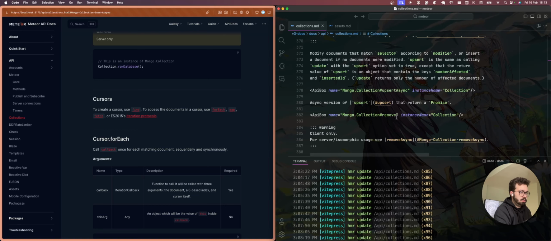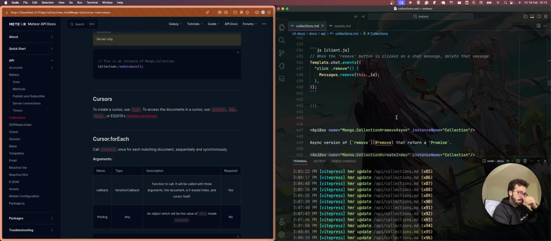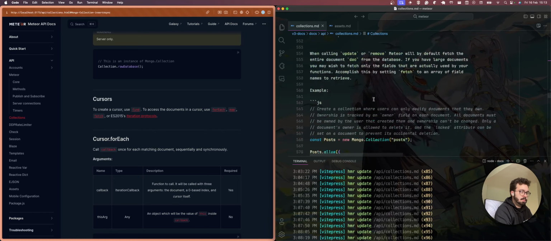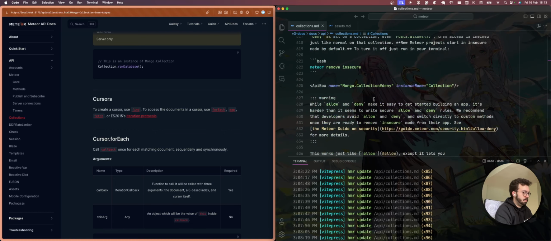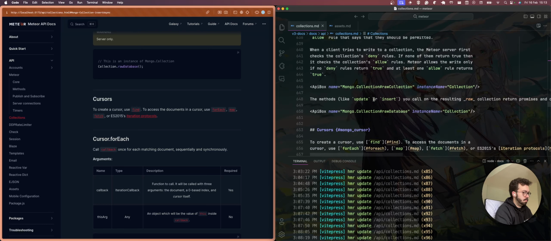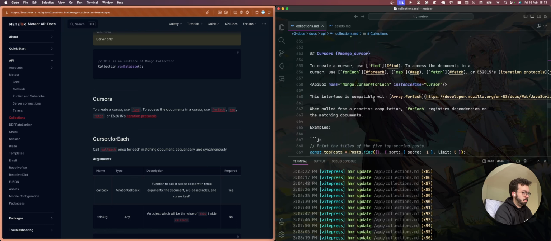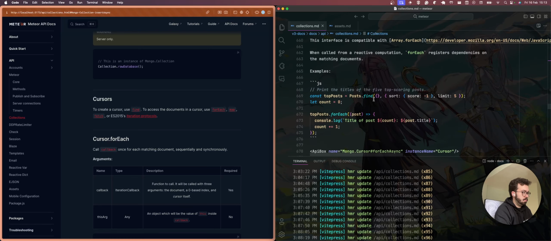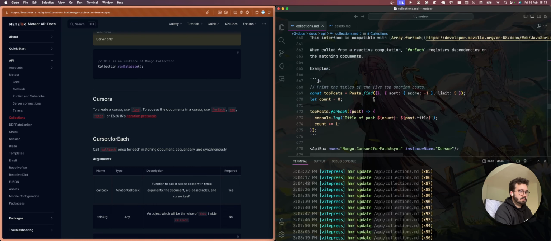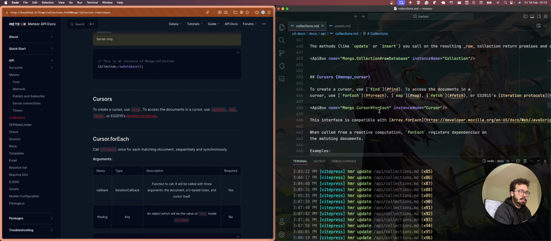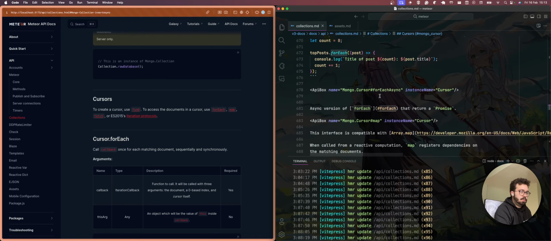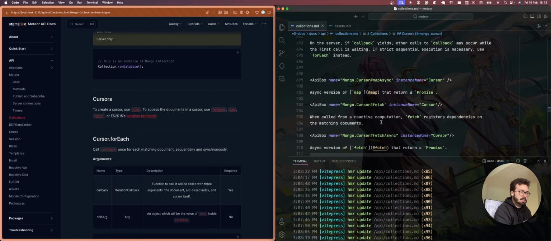Now let's do the cursor one, right? Also, we can use for each async, map async.